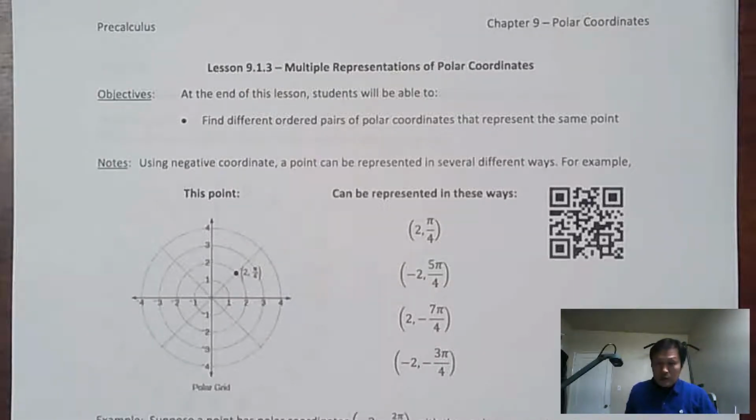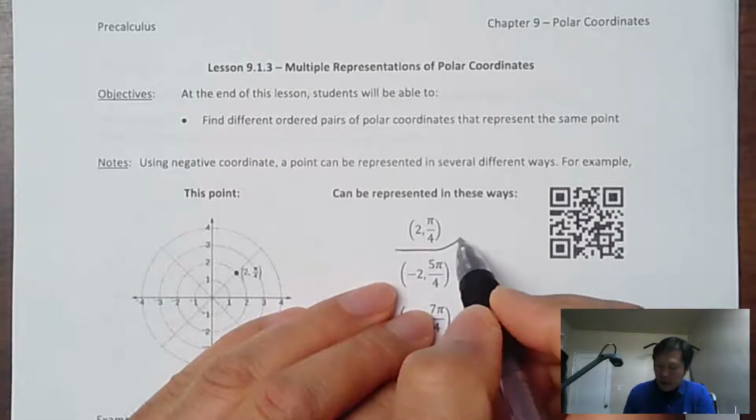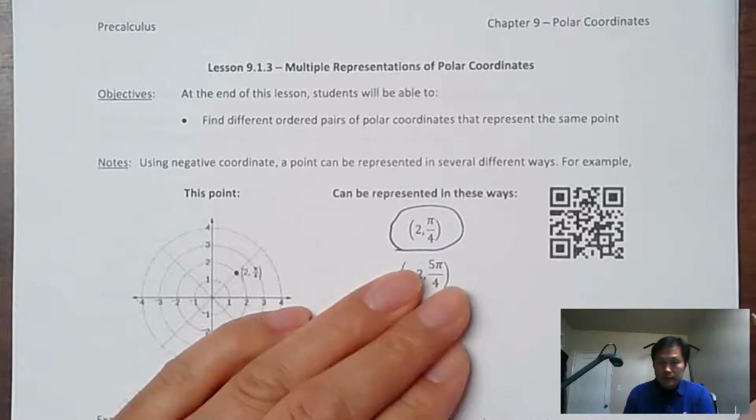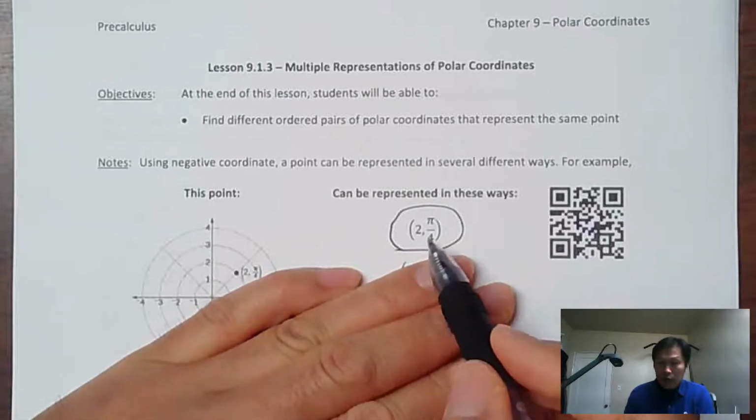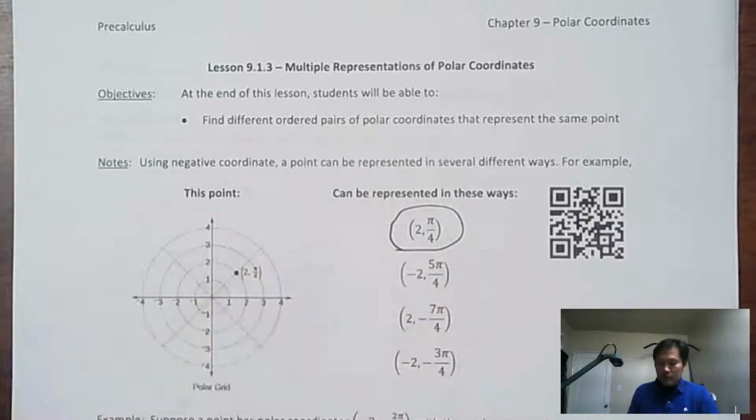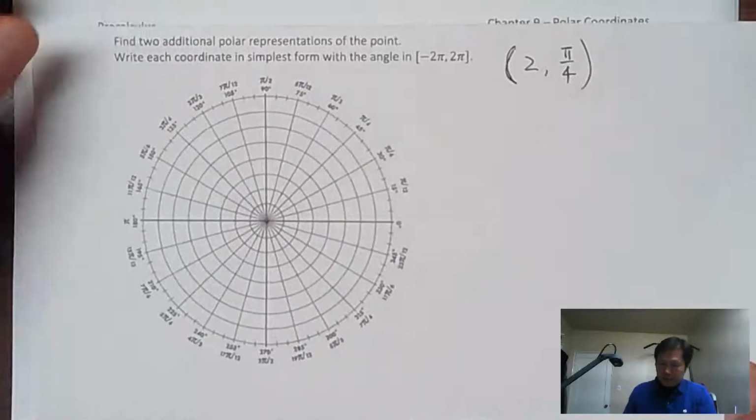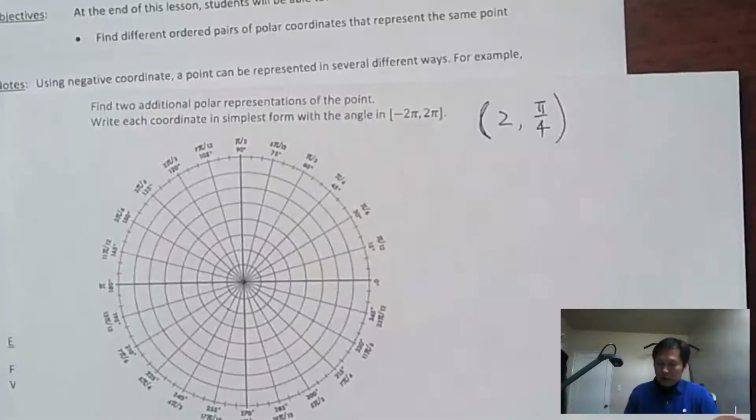So example shown here. What if we give you a point which is 2 comma pi fourth and ask you to find another representation of this point? So let me explain that here. So given this,